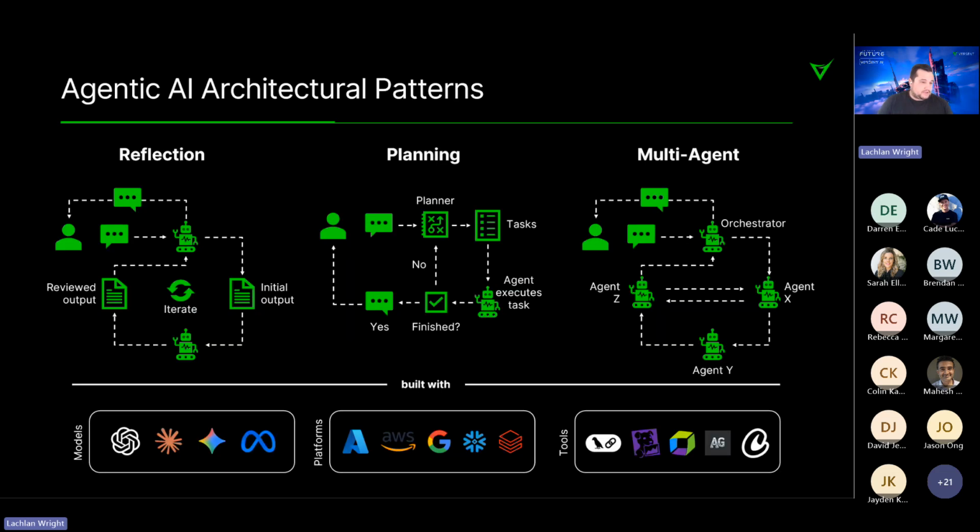One of the things we wanted to cover off is what this looks like from an architectural perspective. So there's a bunch of different patterns. I've got a list of about 20 or 25 that we kind of use and lean on. We'll cover 3 today just to give you an idea around how some of these things can be strung together to get you the outcome or output you're after. The other thing to think about with these is you can combine them as well. So we'll cover a bit of that too. So I'll start with the reflection pattern.